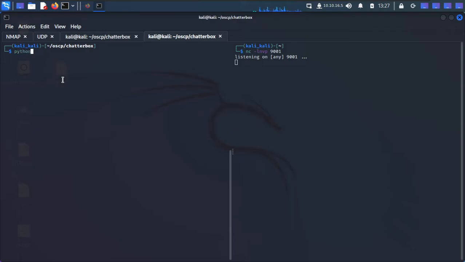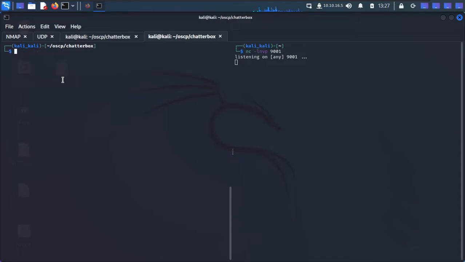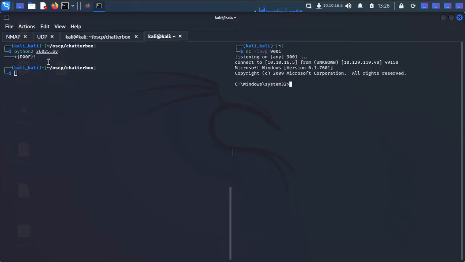If we simply run python with the file name, then you will get an error because this will run with Python 2. So python2 36267.py, let's wait. So here you can see we got the completion of the exploit, and on this side we got